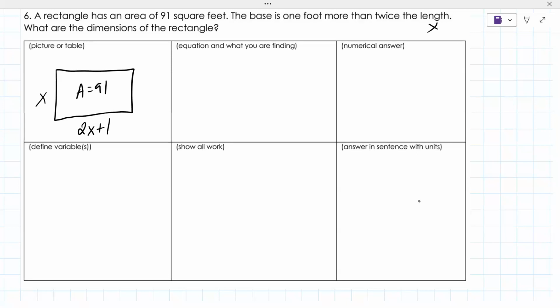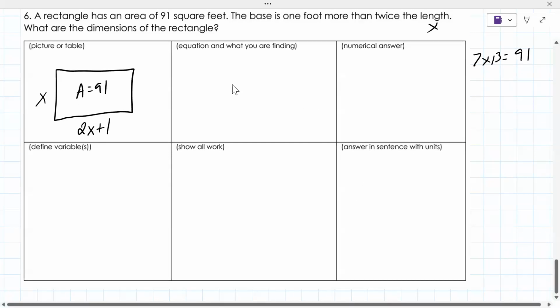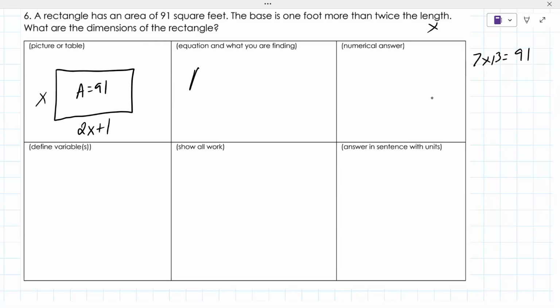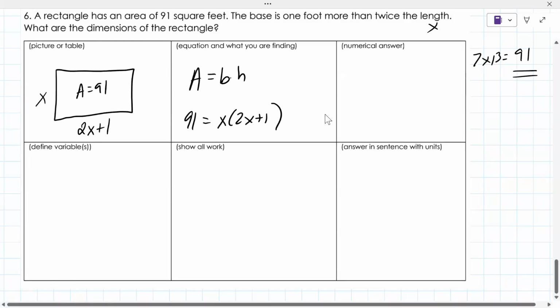Now, just as an aside here, there's only certain numbers that multiply to 91, like 7 and 13. So sometimes you have to know the answer so that your work justifies the answer. Like, this is not wrong. We know what the answer is. Let's prove how we got it. That's okay too. So what I want you to do is to show that the area, which is base times height, or 91 equals x times 2x plus 1, and convince yourself that the answer is x equals